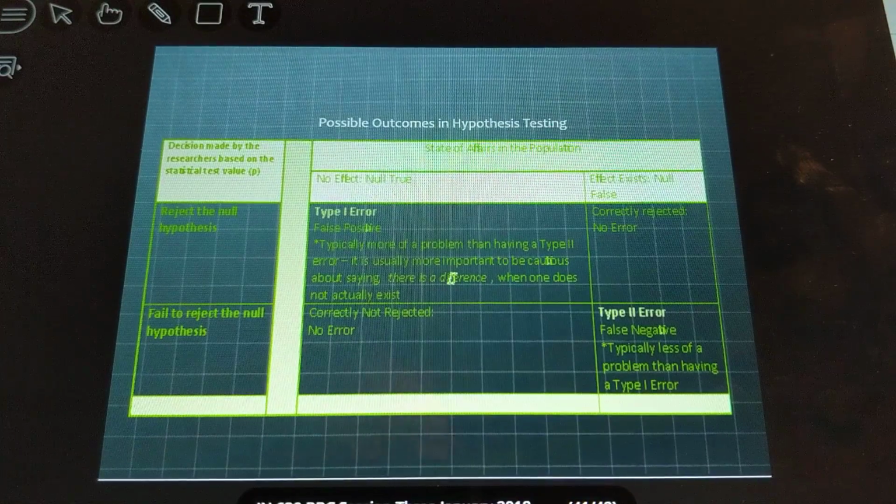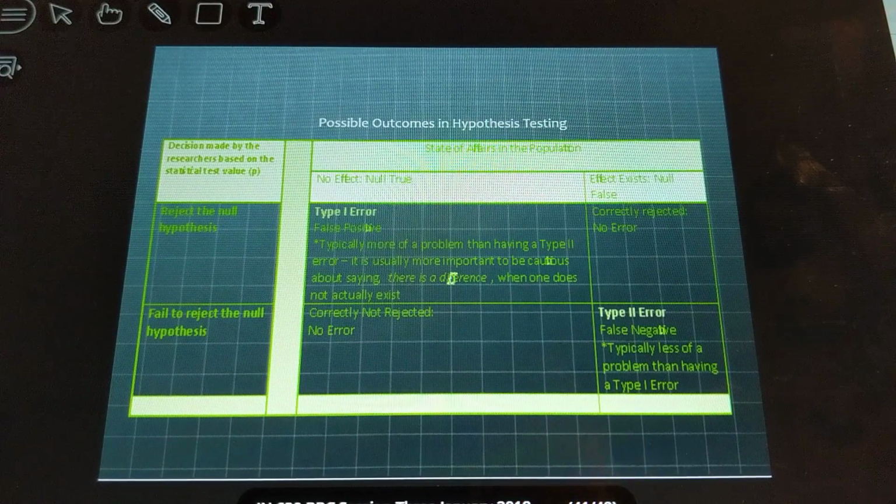Testing, you'll see where on the left-hand side, okay,